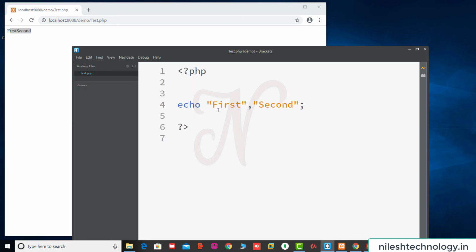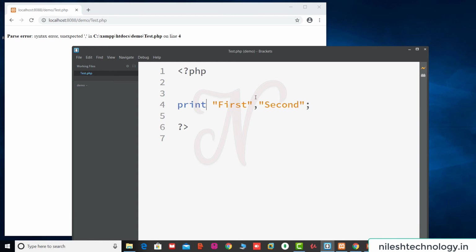This type of statement is called multiple parameters, separated by commas. Multiple parameters work in echo, but see here, if you try to print this statement using the print function, then this is a parse error. So this is one difference between echo and print. Echo can take multiple parameters separated by commas, but print can take only one parameter.